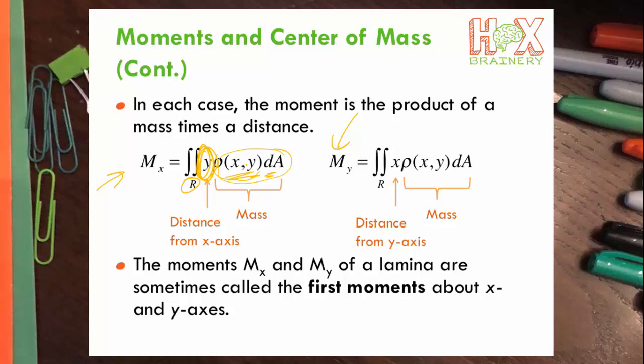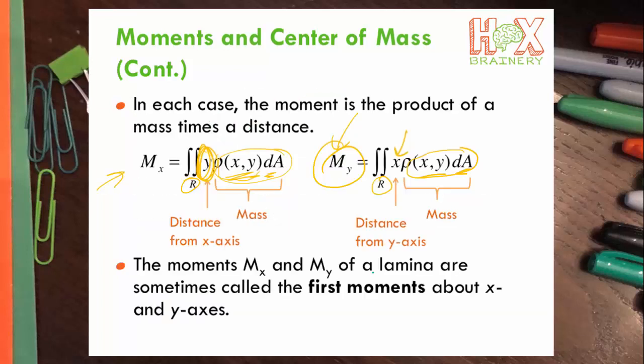Y is the distance from the x-axis. The moment about the y-axis, m sub y, is given by that same double integral over the region. You still have your mass, density times area, but in this case you have x here, which is the